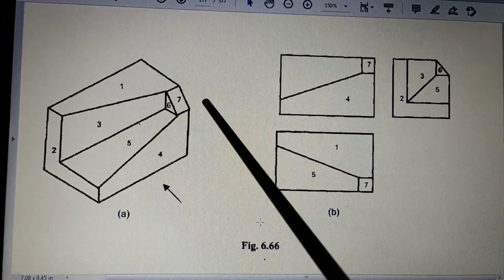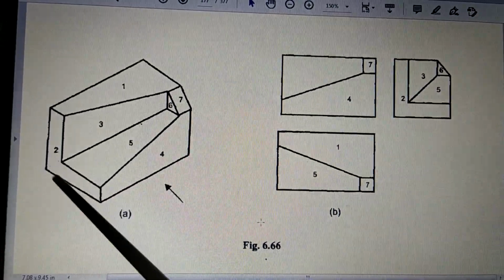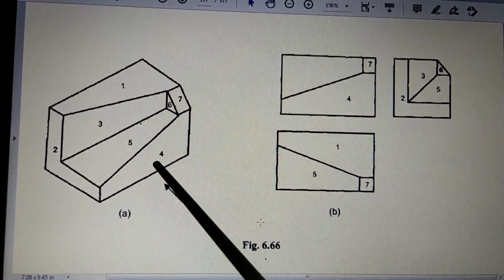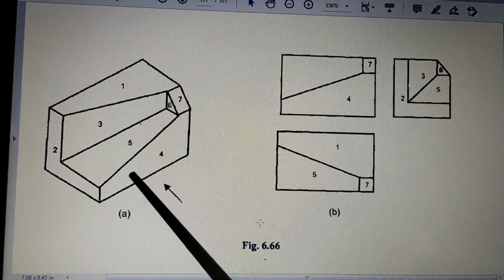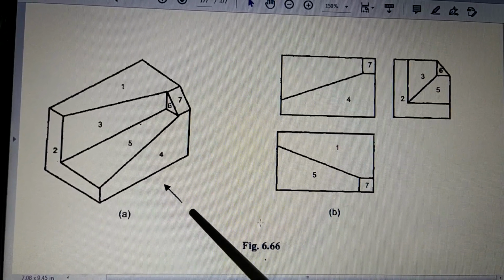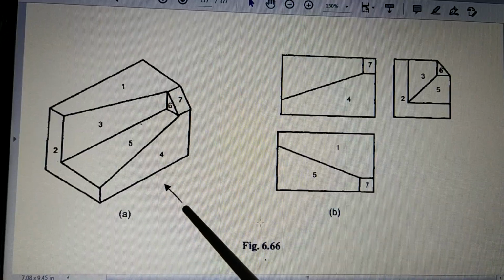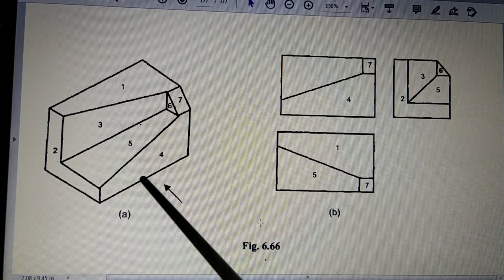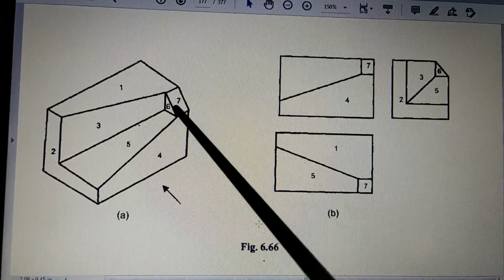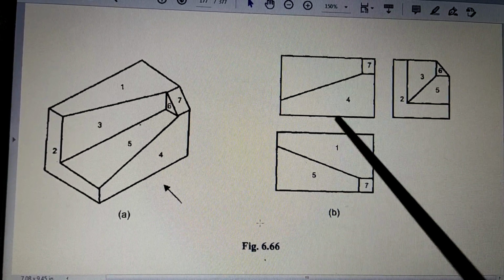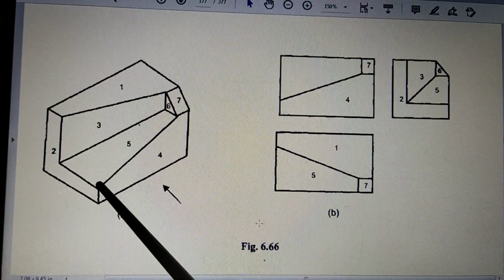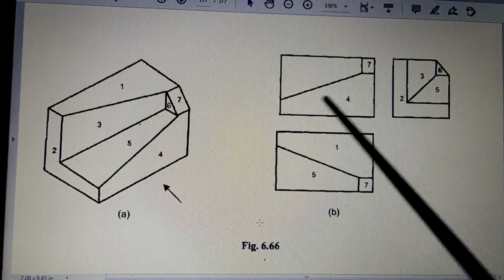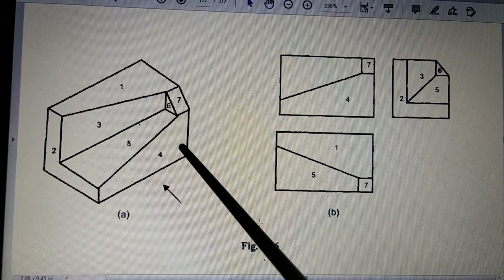Okay, now look at this figure. Here again one object is given, and there are many inclined surfaces. When the surfaces are inclined, then you have to draw them very, very carefully. This is the direction of viewing, so you have to look in the direction and draw. So when you start the front view, you have to draw this line, and these two lines are perpendicular. So you draw this line as base line, then vertical lines, 90 degrees, 90 degrees, 90 degrees.